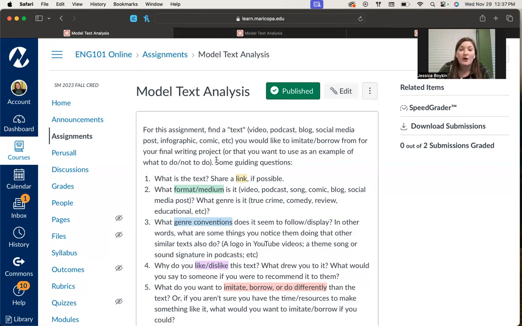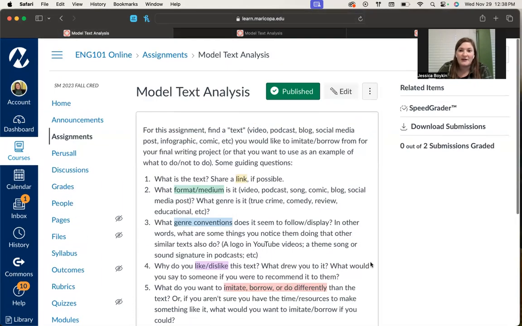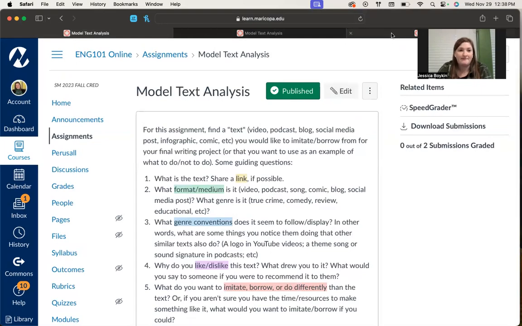Because those are things that are what we call genre conventions. And I don't necessarily need you to feel super comfortable with that phrase or that term, but basically what you're looking for is what are the types of traits that are common to this type of format, right? So a lot of videos have introductions at the beginning. Maybe they might have a little bit of music in the background, those kinds of things. And that will give you some ideas for how you would want to create your own. So that's what this is setting you up to do. Make sure that you answer these questions by the end of the week, but some of you have already done it. That's great. All right.